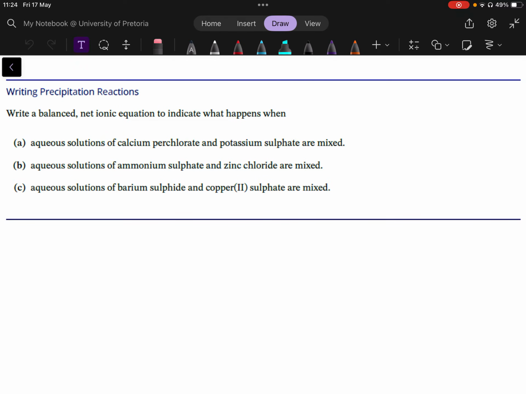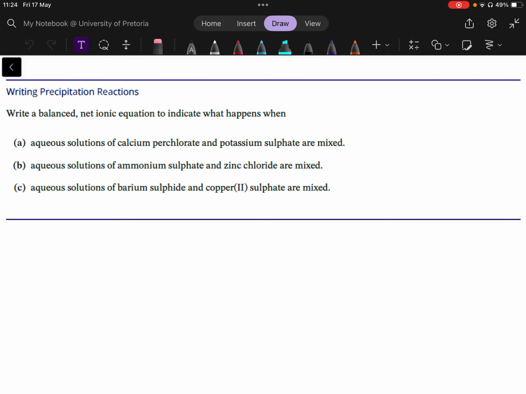Right, so let's look at how we can write precipitation reactions. And of course, for precipitation reactions or any kind of exchange reactions, it's important to remind ourselves of how the ions exchange and what the effects of those are. So this example will specifically look at precipitation reactions, and we're of course using our solubility tables